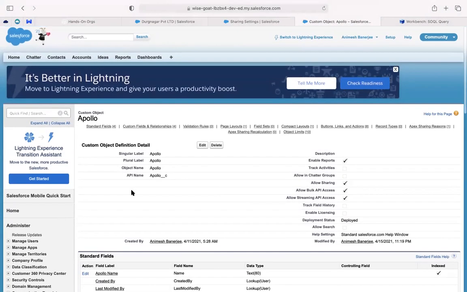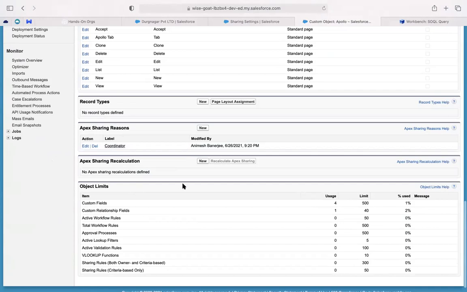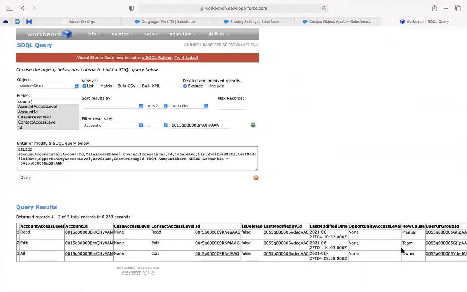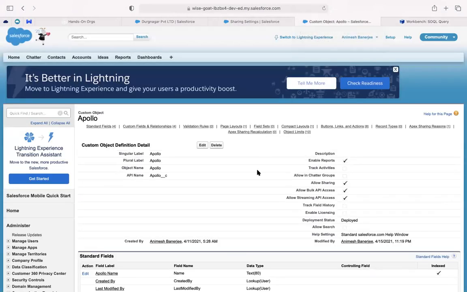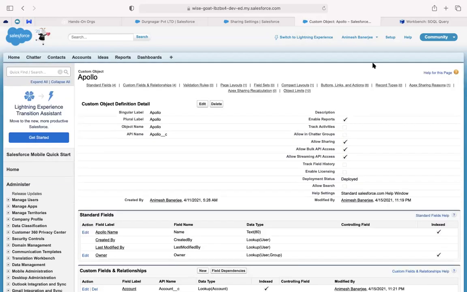And then you can create a flow, or you can write a trigger and insert a record into your share objects. If you do that with this sharing reason, then what happens is that in the workbench, the row cause will become coordinator, and that record will be your insertion. That is the Apex Managed Sharing. I will send a Trailhead for you to create Apex Managed Sharing using a flow and process builder. Go through that. Of course, writing through Apex Trigger is also possible. So practice that. That is all about sharing today.